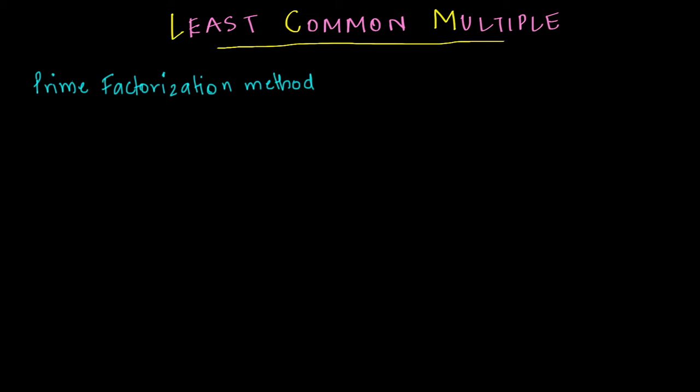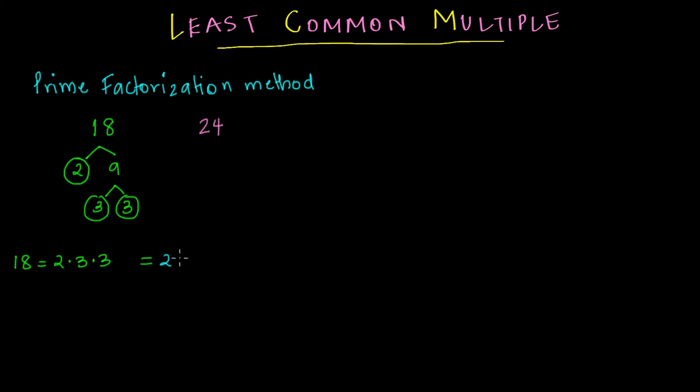So I'm going to stay with the two numbers I have used before, 18 and 24. So let me factorize 18. 18 is 2 times 9. And I like to circle my prime factors as I go along. And 9 is 3 times 3. So 18 equals 2 times 3 times 3, which is equal to 2 times